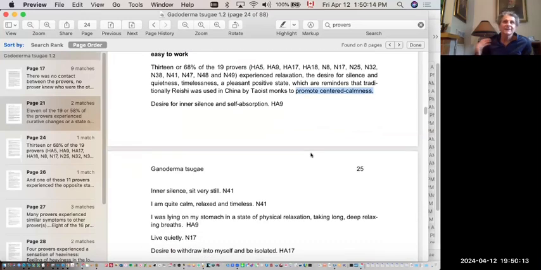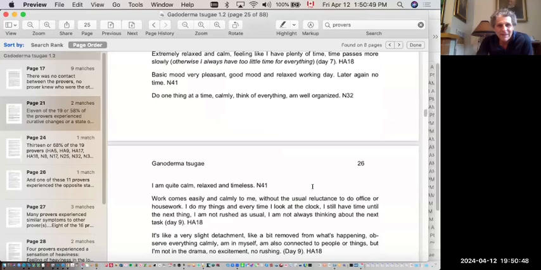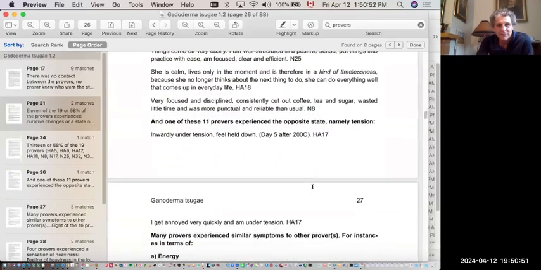And it's very interesting. There was one patient that had neurofibromatosis. He has hundreds or thousands of tumors all over the body, but he has 100 just in his brain. When they do a scan, his brain is full of tumors. And I gave him Ganoderma tsugae, and he says, I took one dose of the 30. I said, I felt better, Dr. Saine. Then I decided, wow, I'll take a second dose. Oh, I felt so much better again. And then he said, I'll take a third dose. I felt even better. So he had a very great sense of well-being in this case, and that's what the provers experienced.